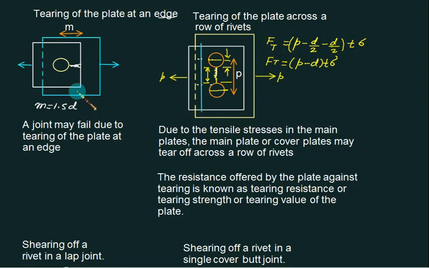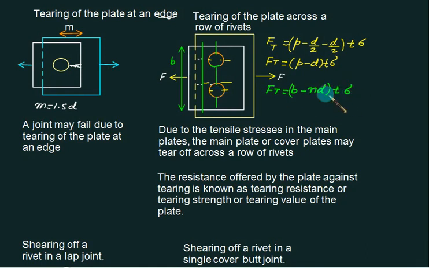Pitch is normally preferred. Now suppose you are interested in doing the calculation on the basis of width. Right now, I have two rivets, so I have to consider the whole width. If I consider my plane here, then the total width will be equal to B. But if I cut here, my width will be this plus this. That is, I am getting the resistance offered by this area and this area. On the basis of the width, we have Ft equals B minus N times the diameter of the rivets. Because this rivet is full, one diameter will be subtracted, and one diameter will be subtracted.